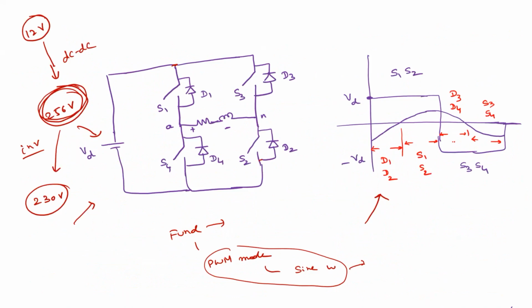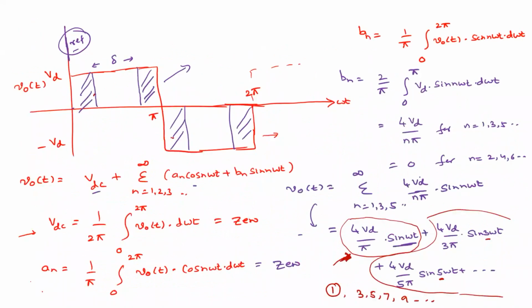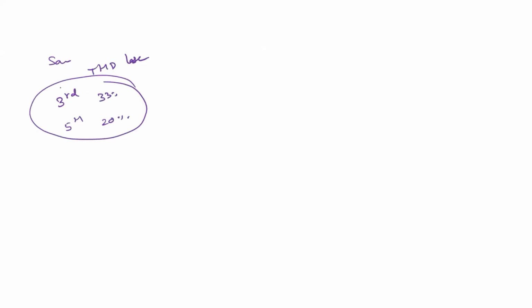So the drawbacks of these things: when you're operating with square wave, there are certain drawbacks. Its THD is very large. It's somewhere around 44 or 48%, right? We have a predominant third order harmonic, which is 33%, and we have the fifth order harmonic, which is around 20%. So we need to eliminate these harmonics. How to eliminate these harmonics? By connecting some filters, we can eliminate them.